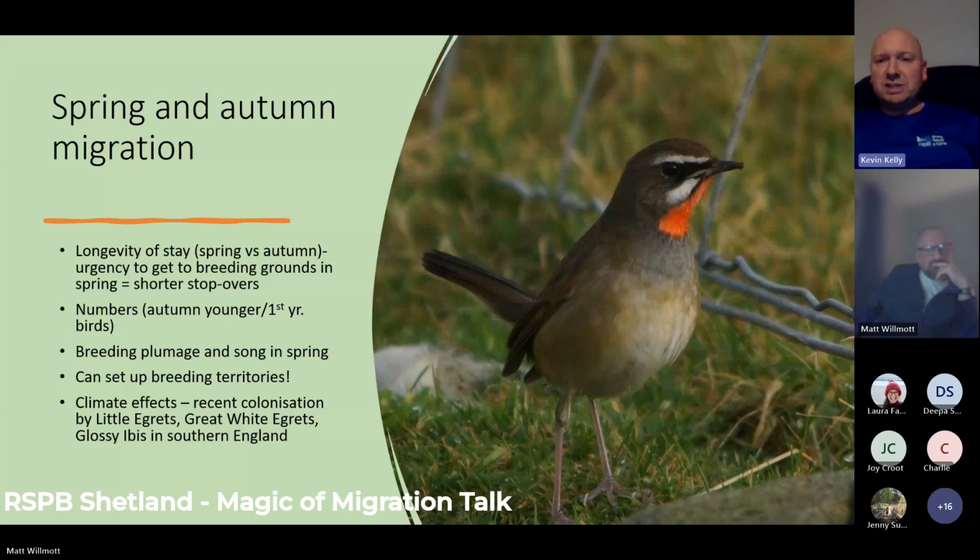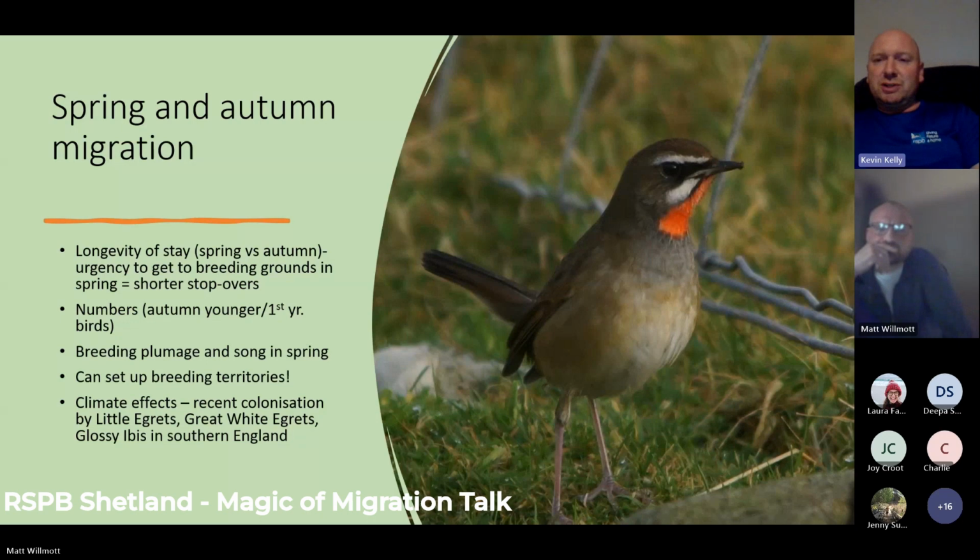We do have some special species in Shetland where that role is reversed, such as red-necked phalarope, where the females are the bright ones and the males do the incubating. So whoever has the responsibility of incubation tends to be the duller, more camouflaged one, and the other one is the more brightly coloured one to attract a mate. And what they do in spring is race back to those areas to set up